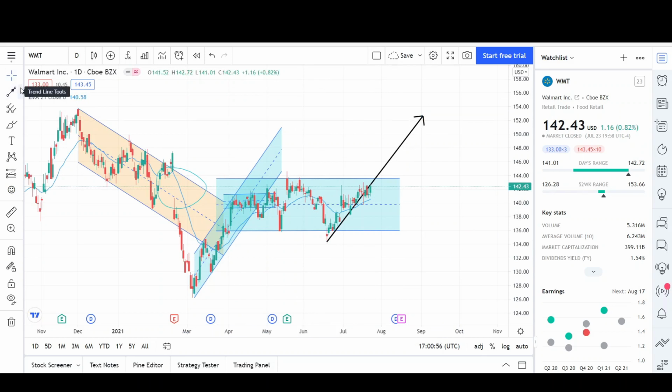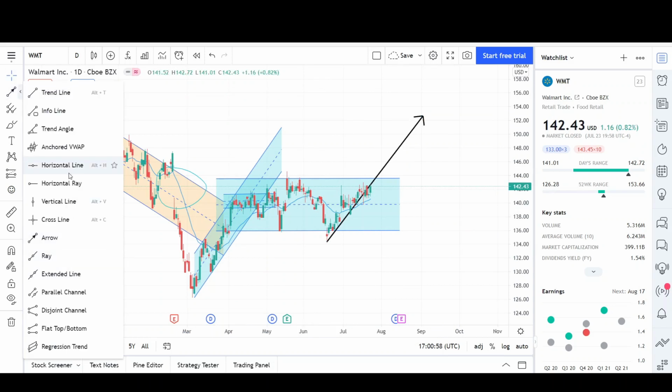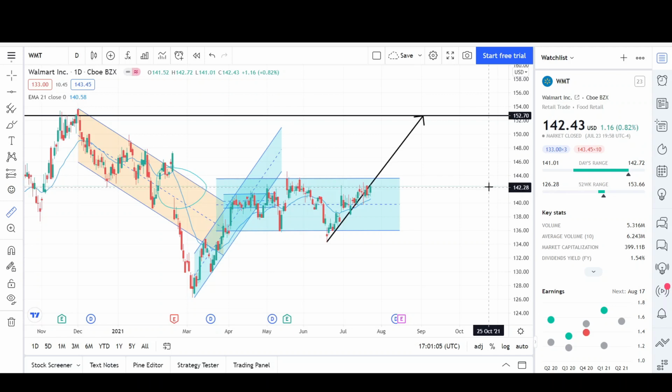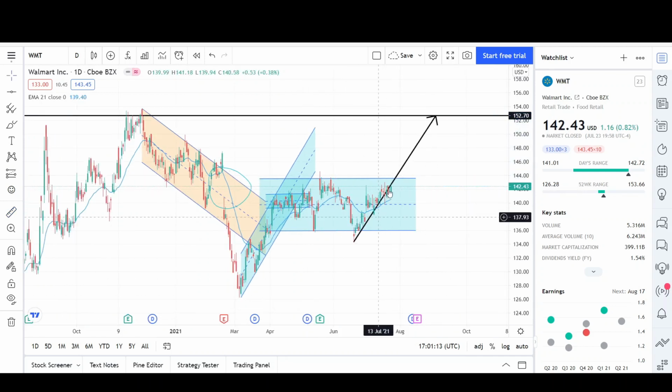And it's at the 152 level. I'm going to put a horizontal line there, and then I'm going to show you guys the percentage gain. There you go, horizontal line. Percentage gain from now on would be about a 7 to 8% move up. However, if price just stays inside of this range, then we could just come back to the lows